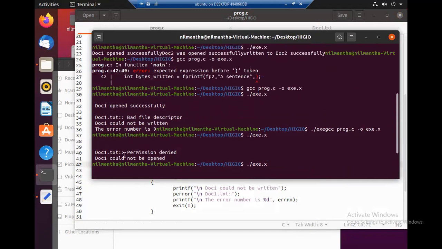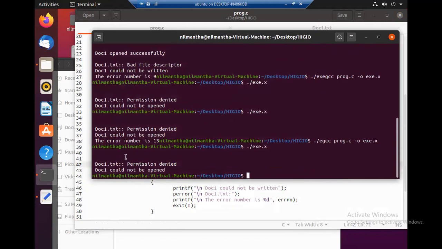For some reason it is not showing, but you can see some of the errors are showing.